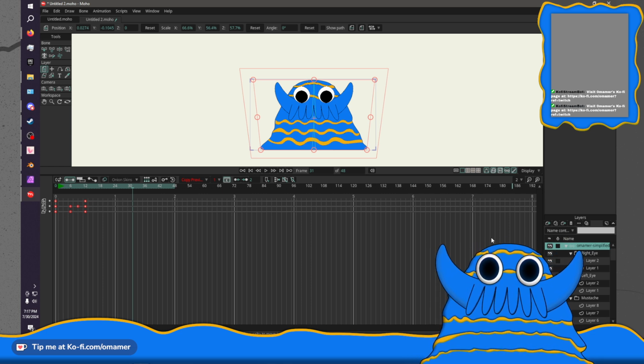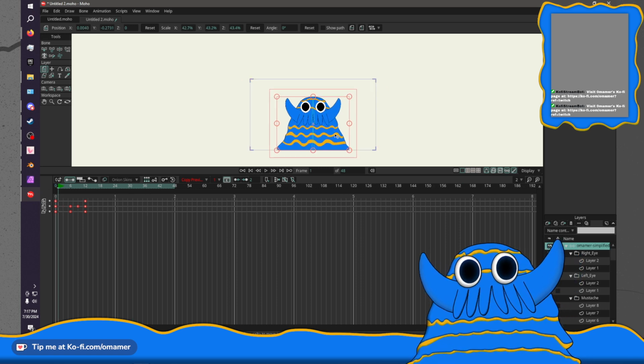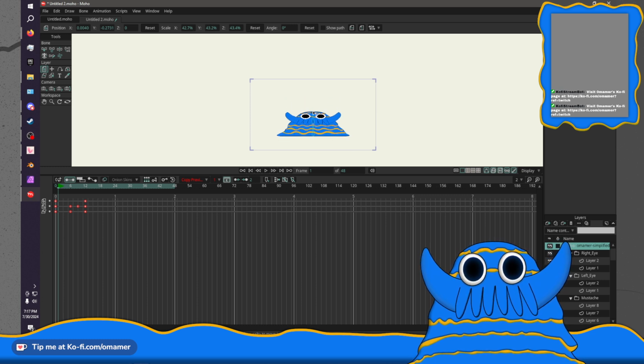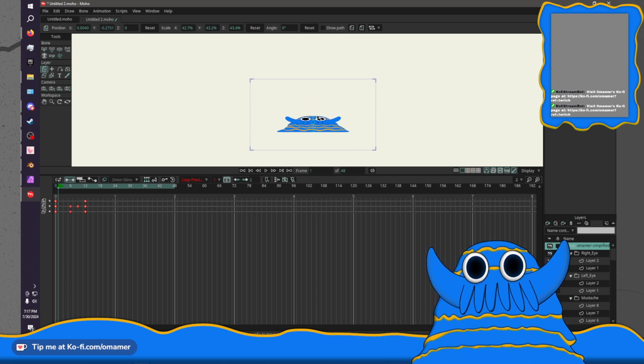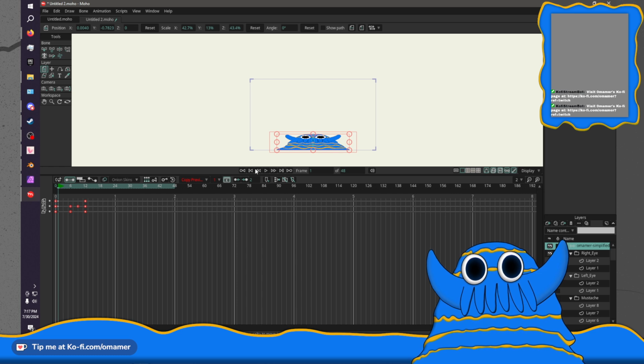Actually, I think we got one more thing to do here on the main layer. Let's start you off. And I might need to stretch this back out after doing this, but let's start you off lower.